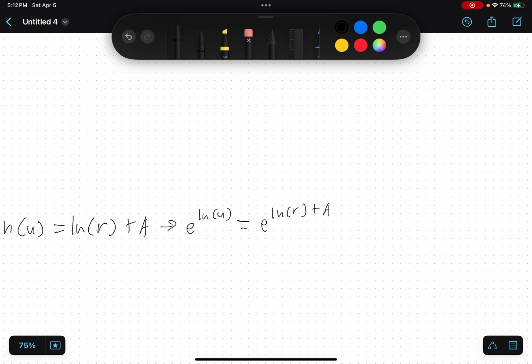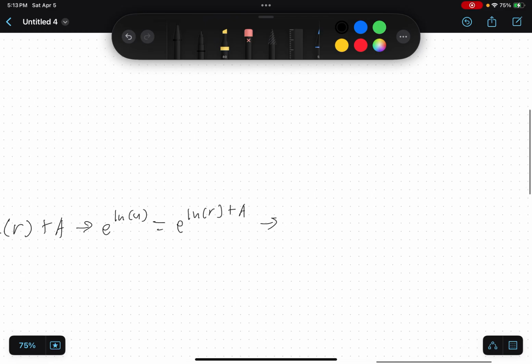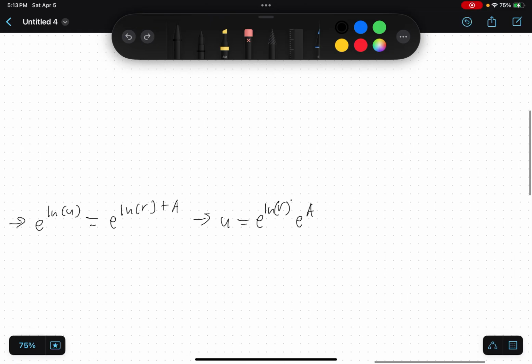The left side cancels out, so we just have u. On the right side, we have e to the ln r plus a. Because there's a plus in there, you can break them apart, and that equals r